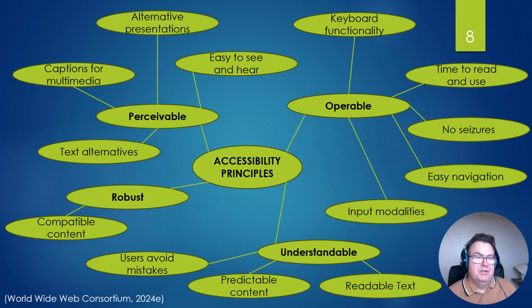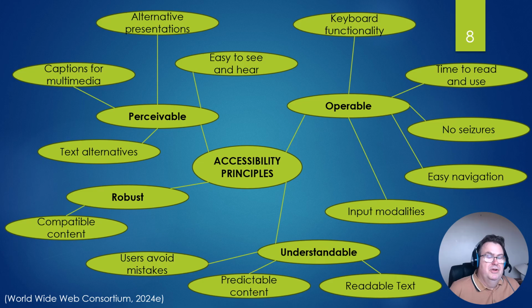The POUR accessibility principles. Perceivable is about being able to perceive or see the website, experience it in a meaningful and enjoyable way. This includes having text alternatives and non-text content, such as descriptions for charts, graphs, images, etc., and captions for multimedia, so having closed captions which give you the dialogue and describe